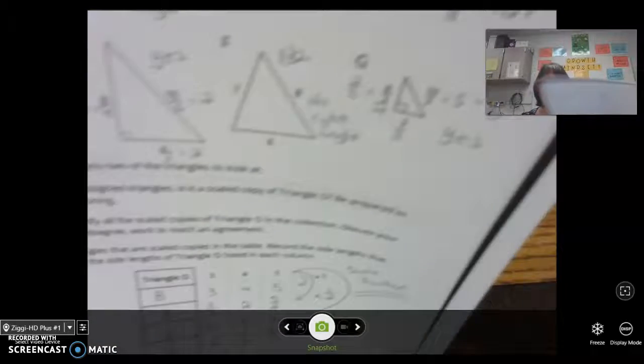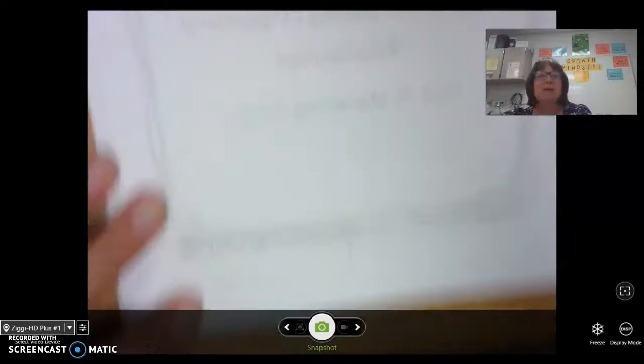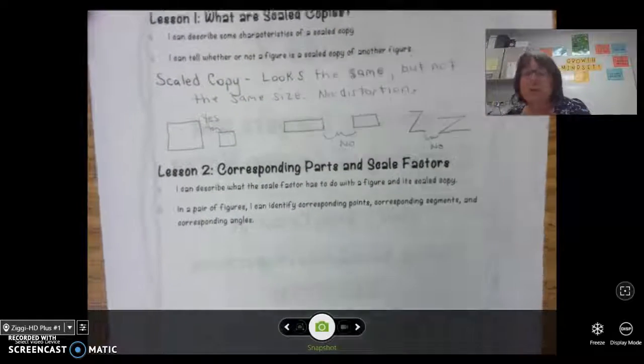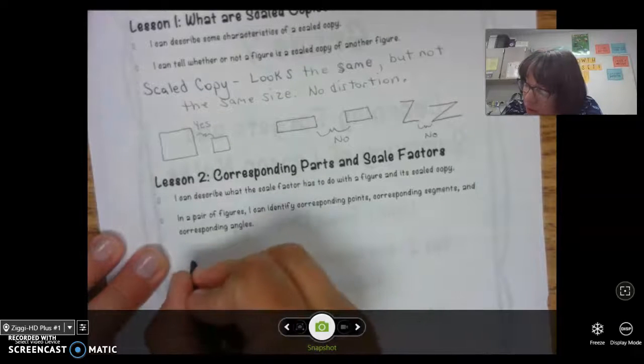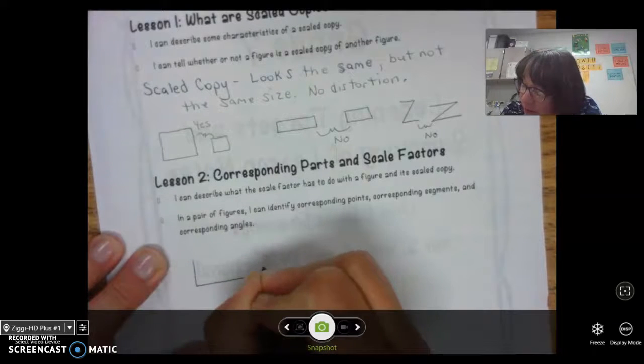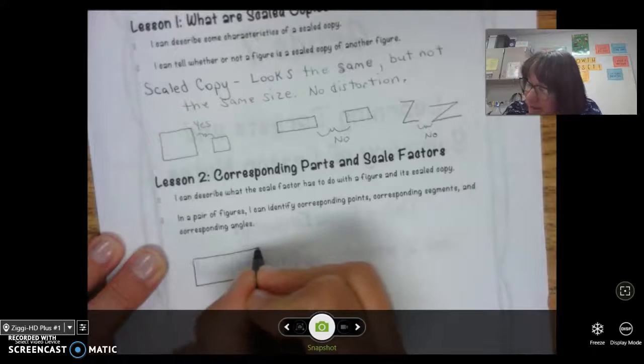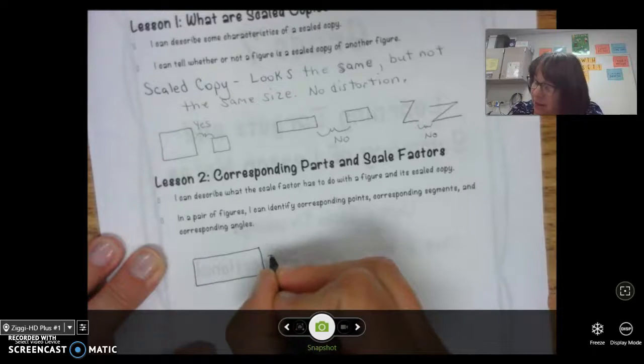Now, in summary of today's lesson, I'm going to have you stop filling out there and go to your notes, which will be right here. We've learned 2 different things today. We learned about corresponding parts, and we learned about scale factors. So let's draw a triangle. A rectangle. And we're going to say that this side is 3 and this